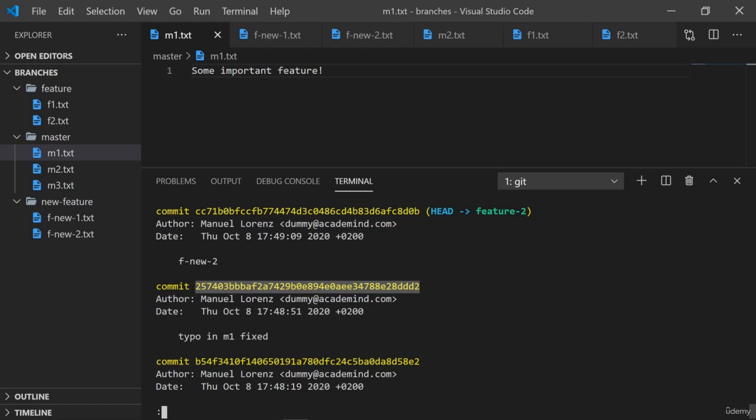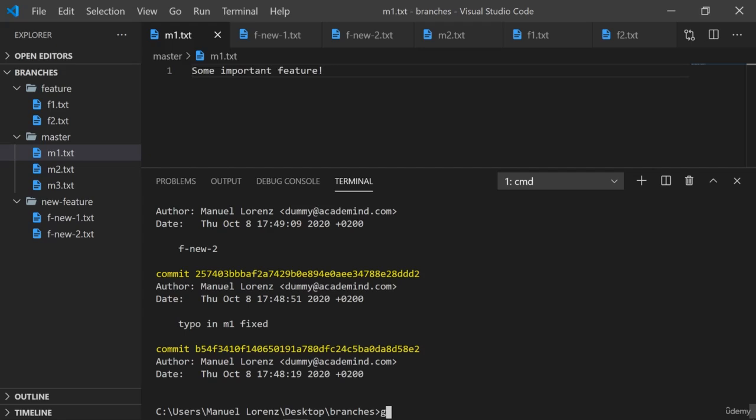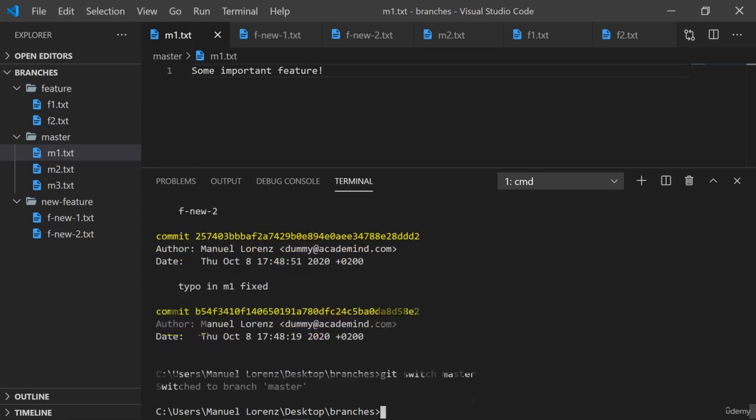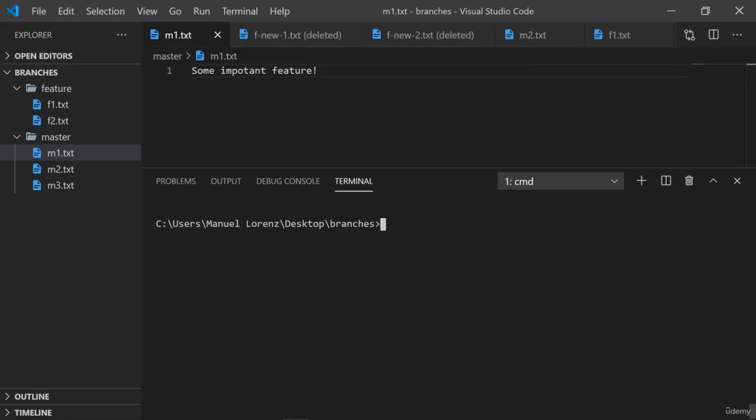But the important thing is that with cherry picking, we will create a copy of this commit with a new ID. Also one of the disadvantages here. So you have duplicate commits in the end, but that sometimes is not a problem, but you have to keep that in mind. So however, I took this ID. Now we switch back to our master branch here, clear this. And now we say git cherry-pick and now refer to this specific commit. If we do that,